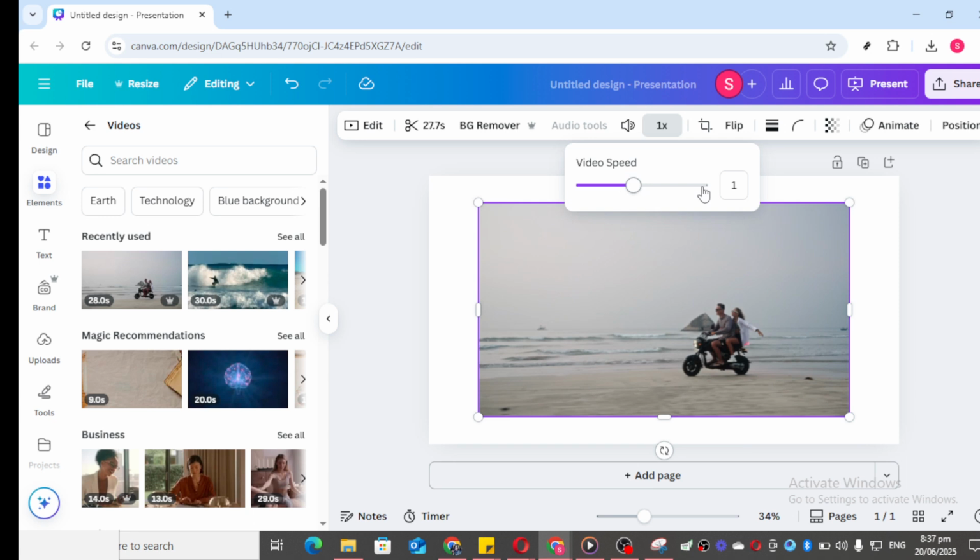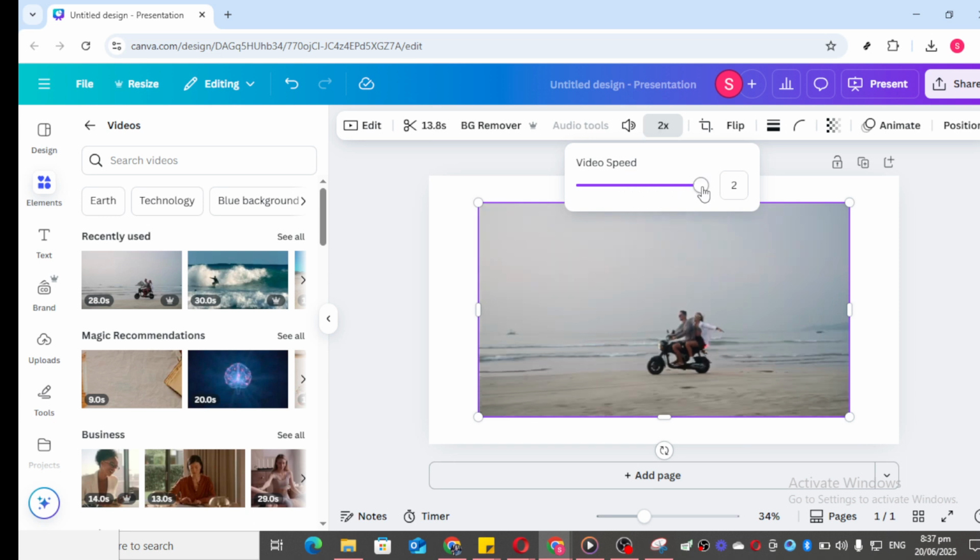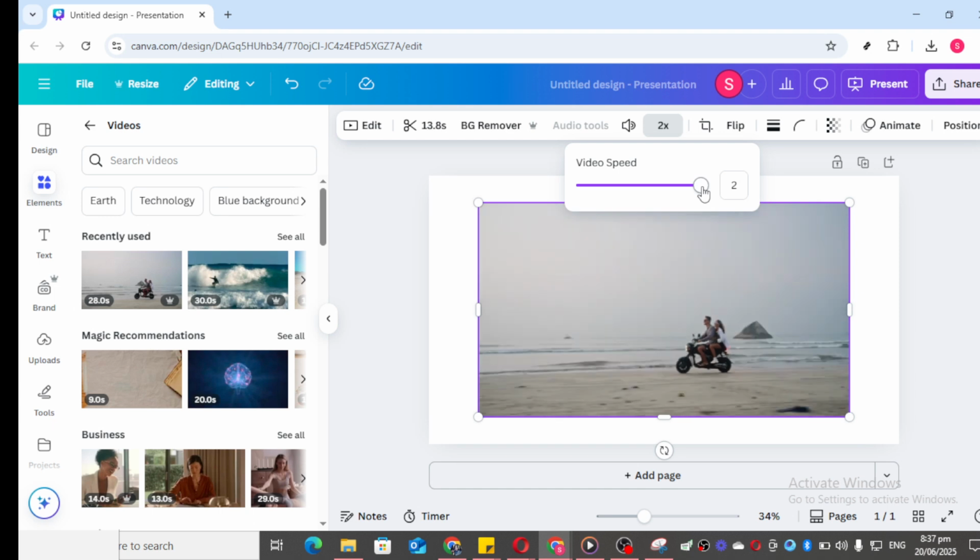Once you're satisfied with the playback speed and the overall feel of your video content, that's it. You've successfully used Canva to alter your video speed. Thanks to Canva's user-friendly interface